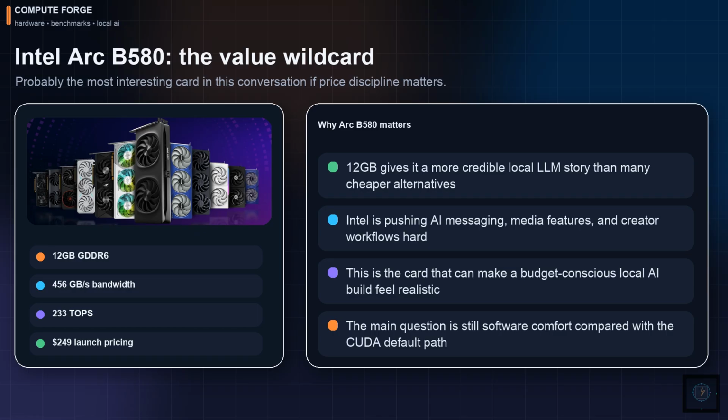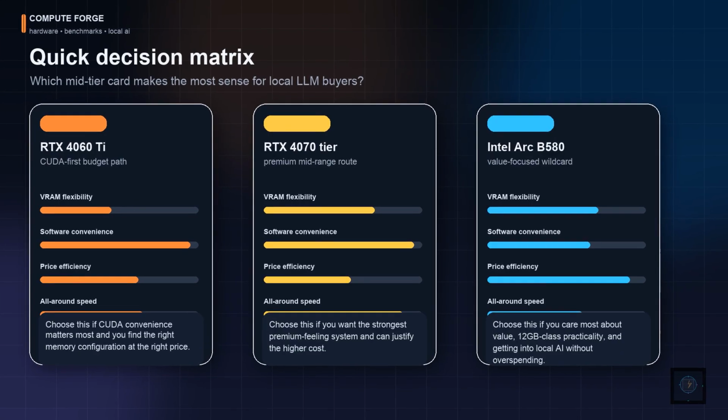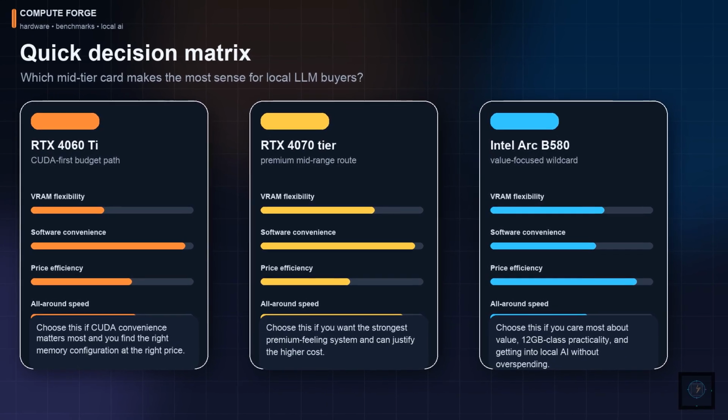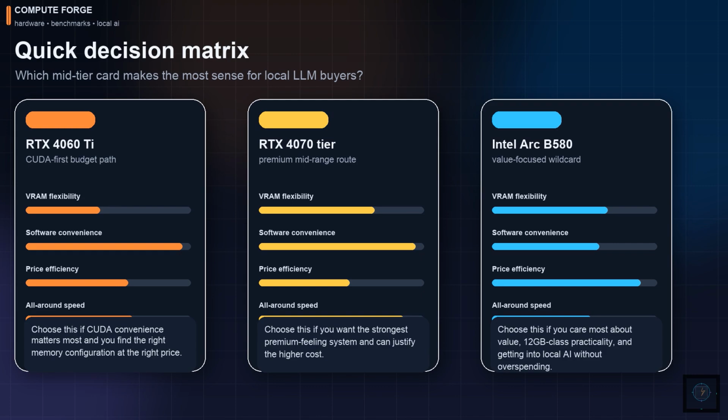Here is the practical way to think about it. If you want the easiest software path, the RTX 4060 Ti and RTX 4070 still benefit from the CUDA ecosystem. If you want the strongest balanced mid-range experience, the RTX 4070 tier feels more premium, but it also moves you closer to upper-tier pricing. If you want the most interesting budget-conscious option for local AI experiments, Intel Arc B580 is